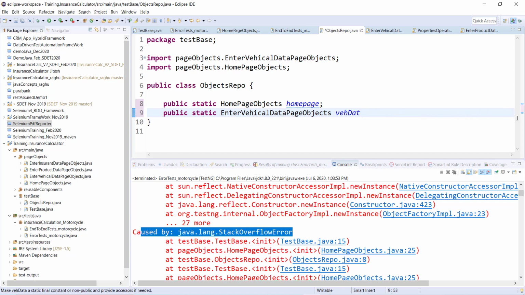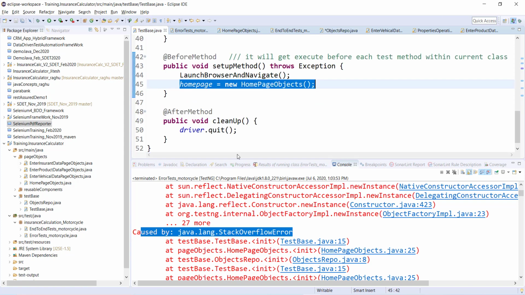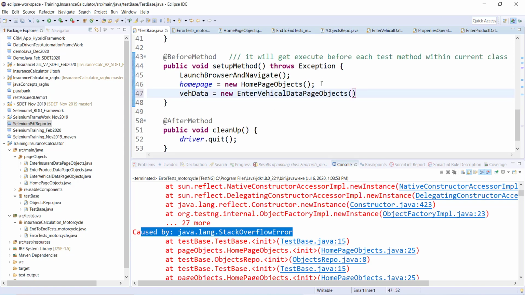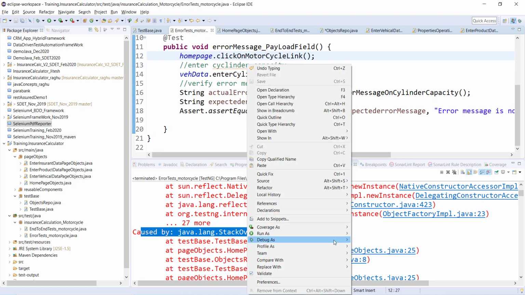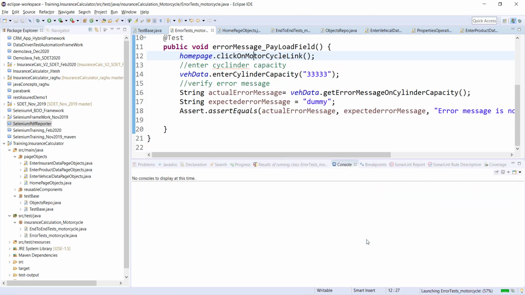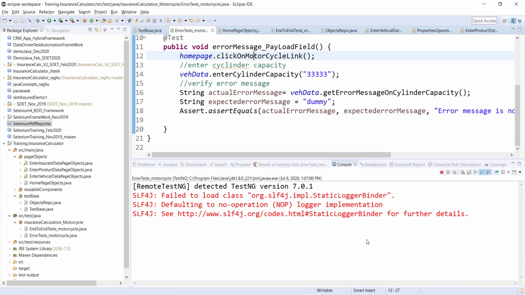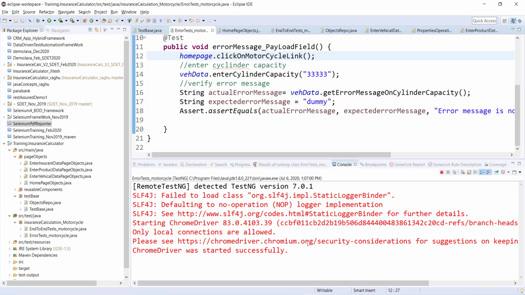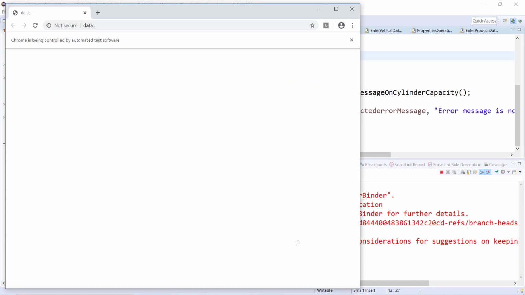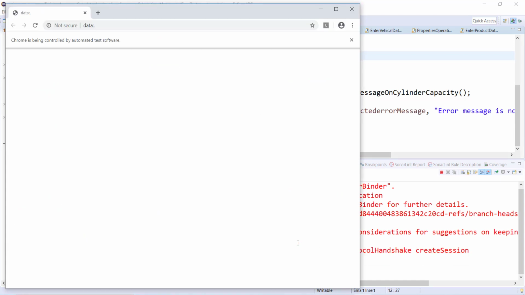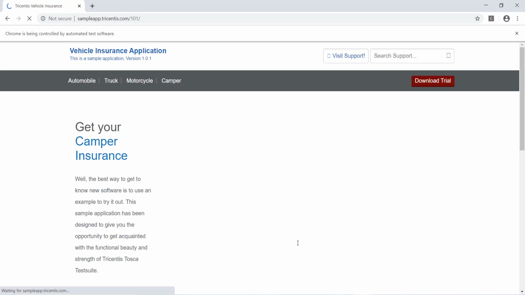Okay, and let me do that in my test base again. Should be good now. Let us try and execute. Oh, excellent. Now test execution has started. It is navigating to the URL that we have given in the properties file.